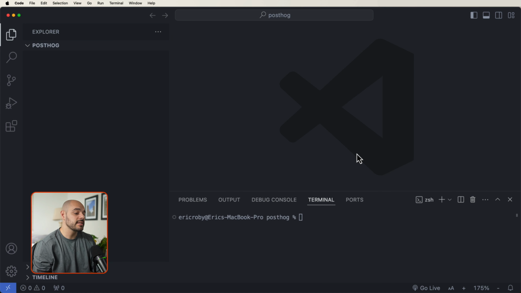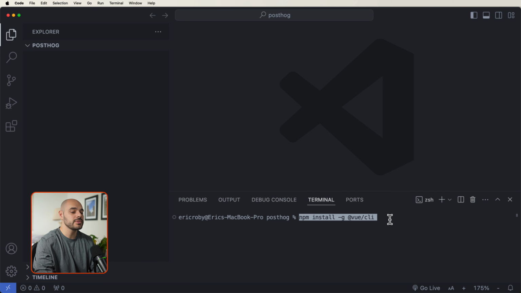To demonstrate the basics of PostHog analytics, we'll create a Vue 3 app with 2 pages and a link to navigate between them. But before we get started with this tutorial, make sure that you have Node.js version 18 or newer installed on your machine. Also, make sure you go to posthog.com and create your own free account. Now, once you have those 2 things already complete, let's go ahead and do a npm